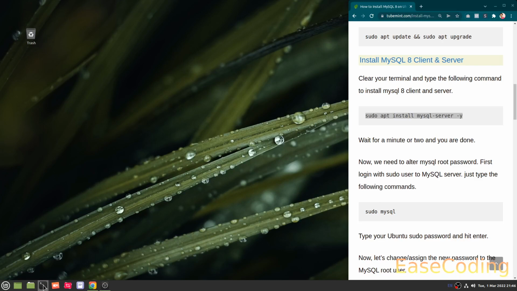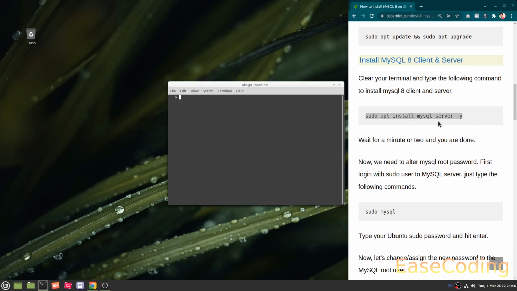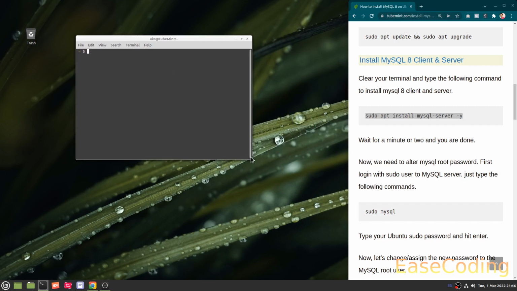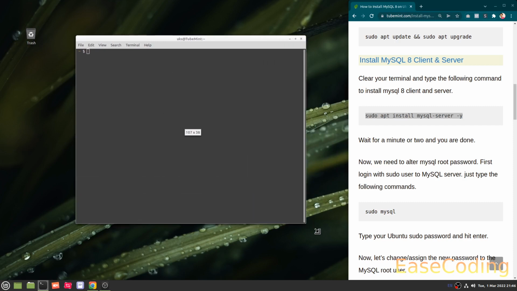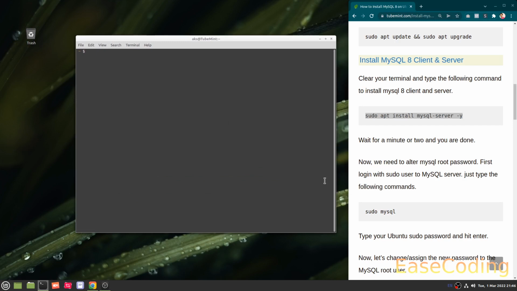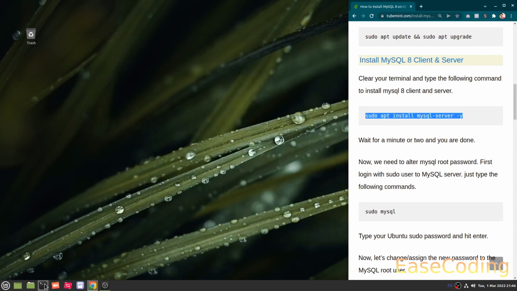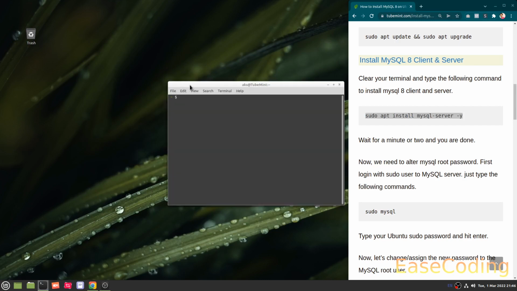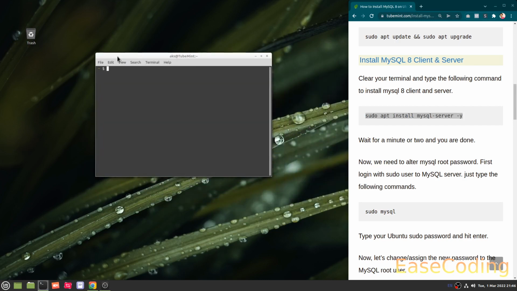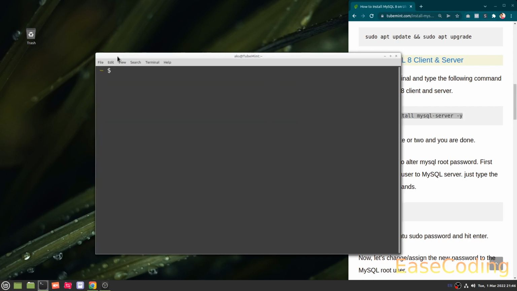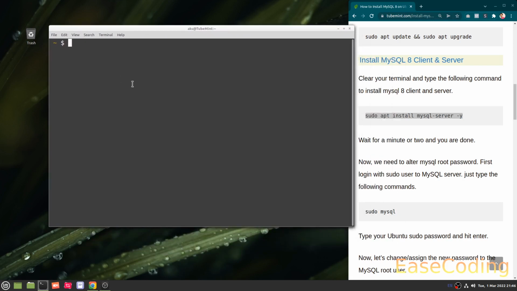In this video I'm going to show you how to install mysql server 8 on linuxmint, an ubuntu based distro, which is basically a Debian based distro. So if you have a Debian based distro, you should be able to follow along and install mysql server 8. So first of all, go ahead and launch your terminal,